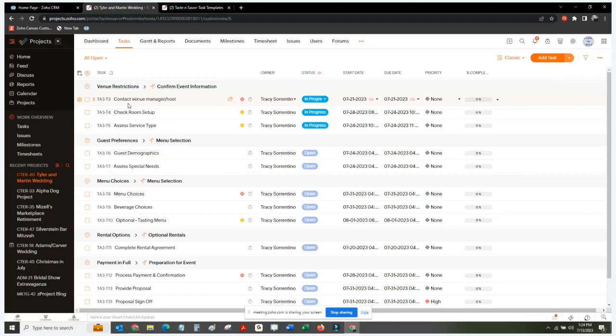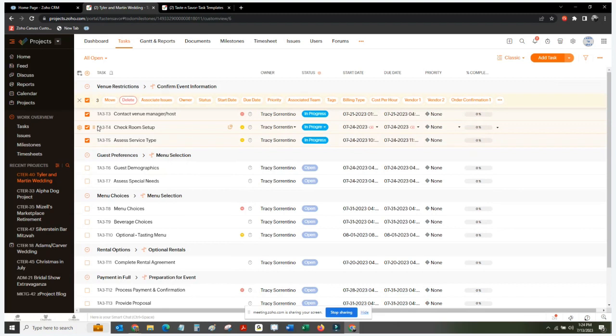Now you can actually do a bulk update or a mass update, like as they call it in the CRM, by simply clicking your tasks, and then you're going to see all of these buttons across the top here, and you can move these tasks, you can delete them, you can associate issues, you can change your owner, your status, your start date, your due date. All of this information can be changed as it relates to these 3 tasks. Okay,